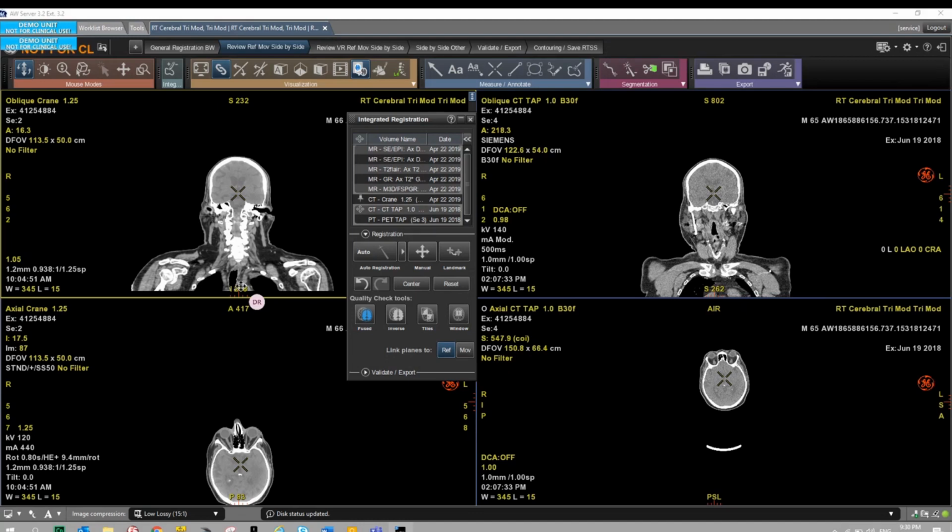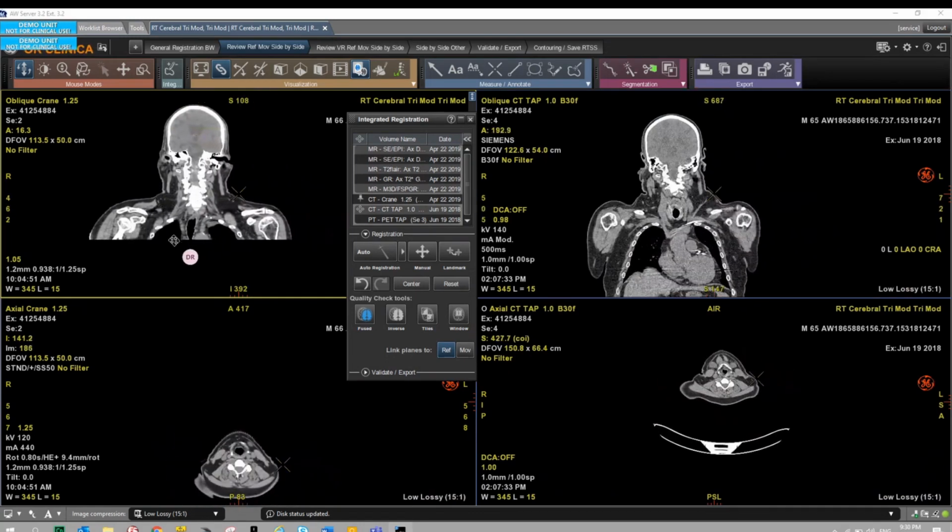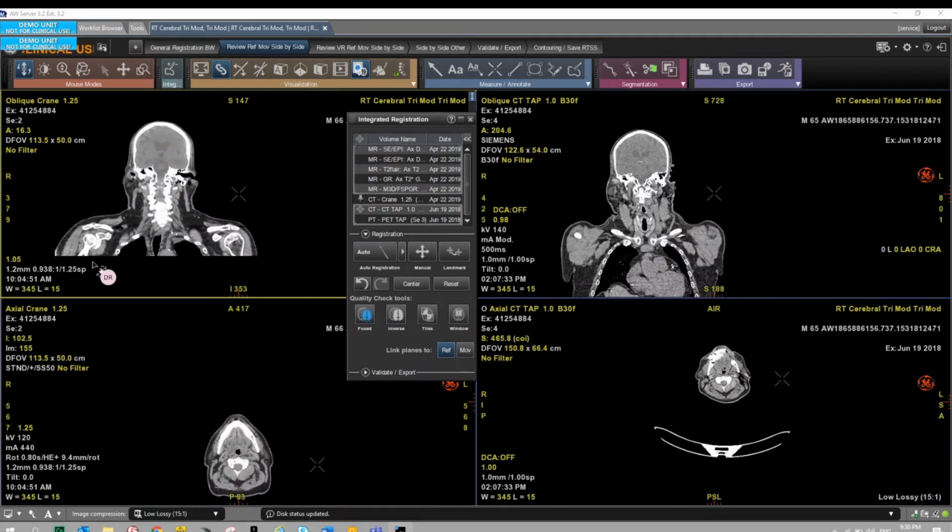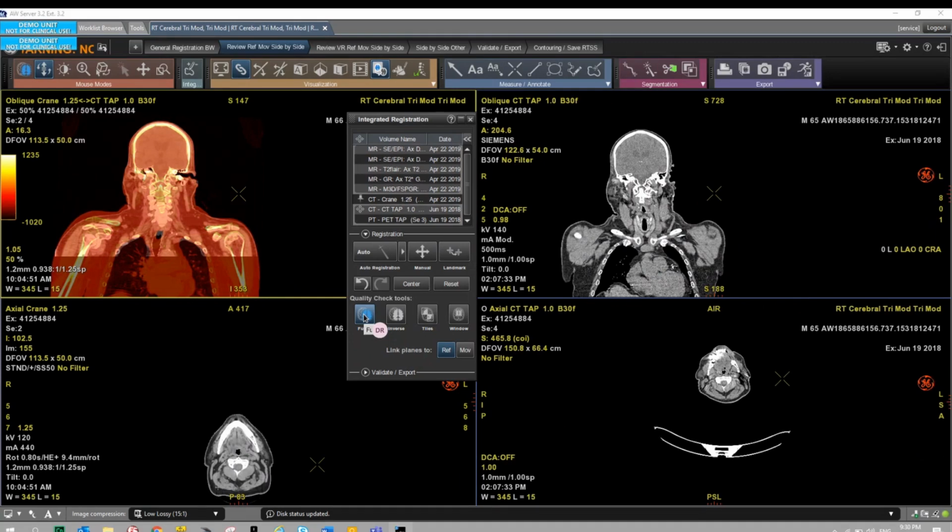And we have here the automatic registration of the two CTs in a fused view, here for example, with a color that can help the user to find out the differences in terms of positioning.